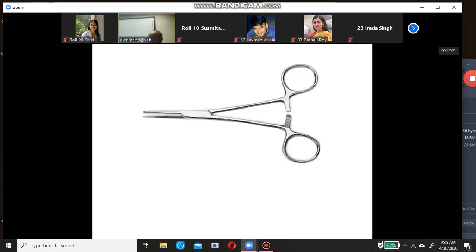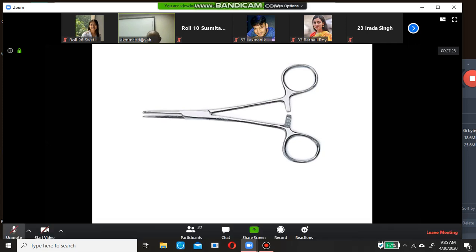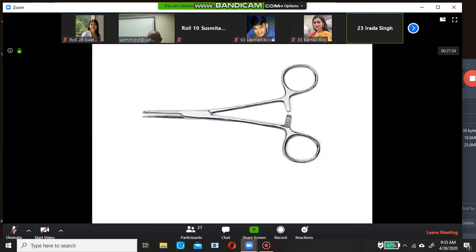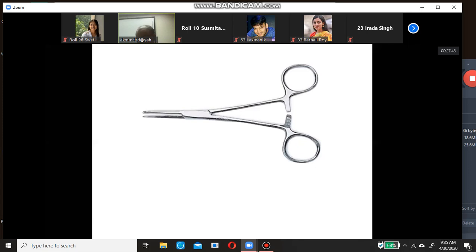And what is this instrument? Straight artery forceps. Yeah, it is an artery forceps, or better you can say it is hemostatic forceps. Artery forceps is okay.